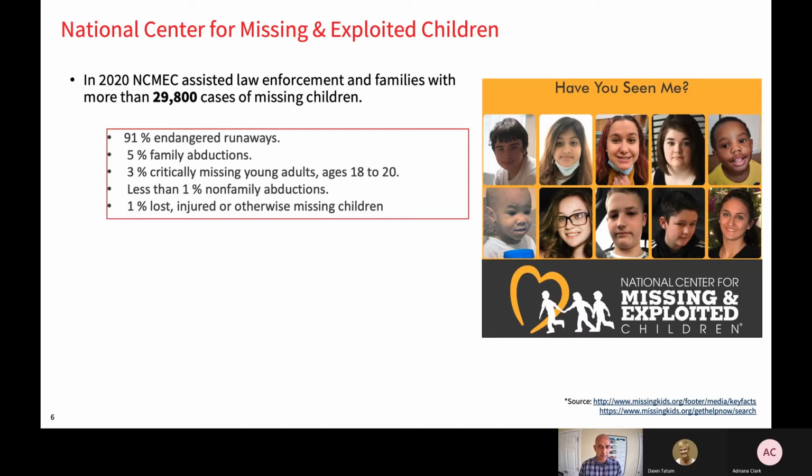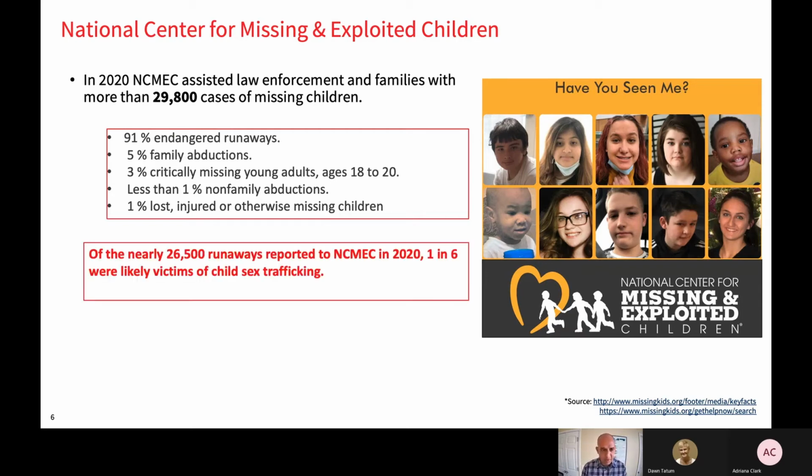So this is less than 1%, but it's still extremely significant. Then 1% are lost or injured, in the sense that they were probably playing and got lost, and next thing you know, they are missing. So that is how the statistics work.